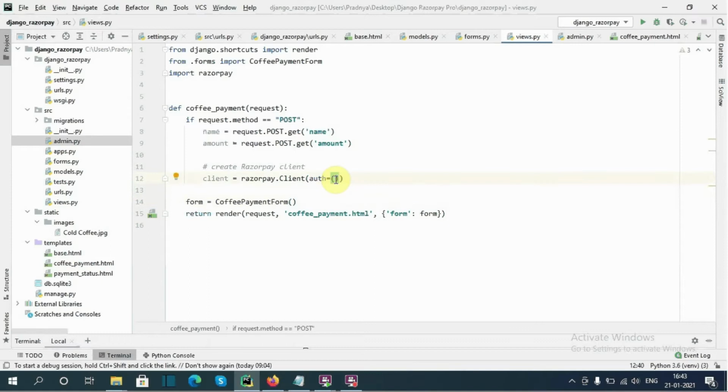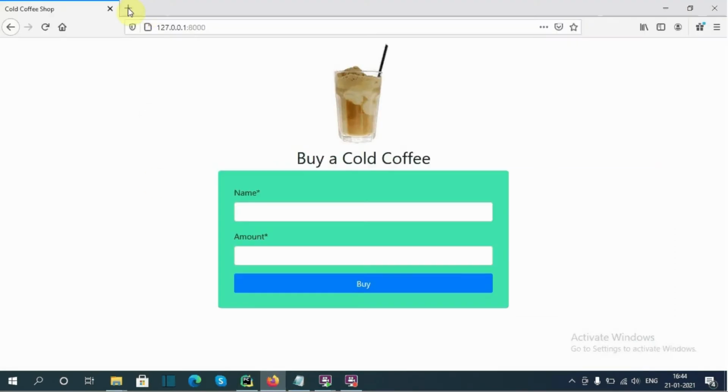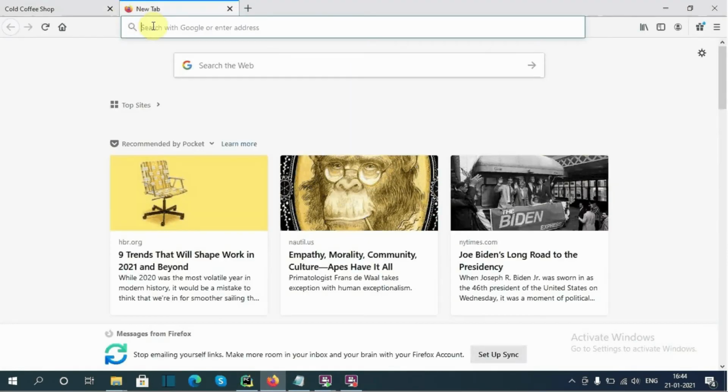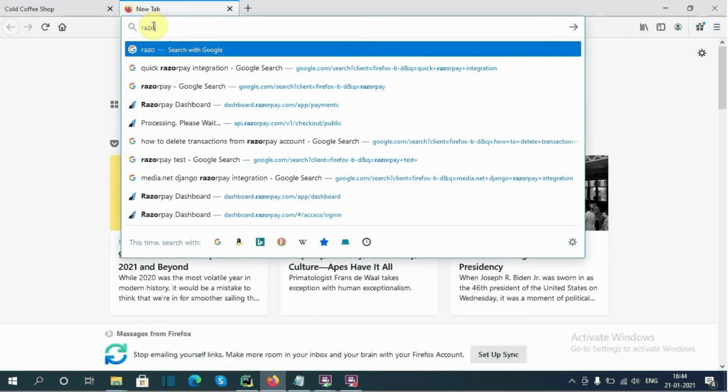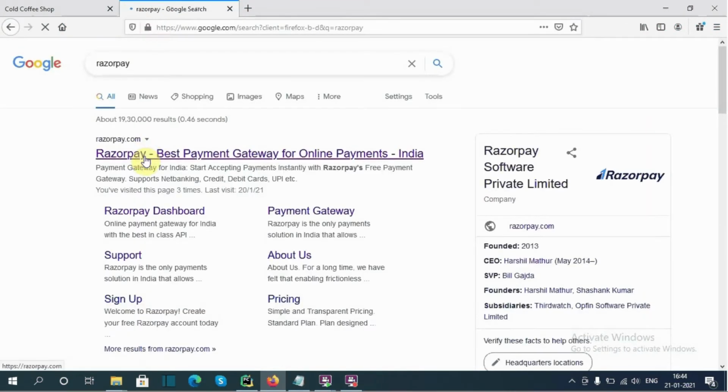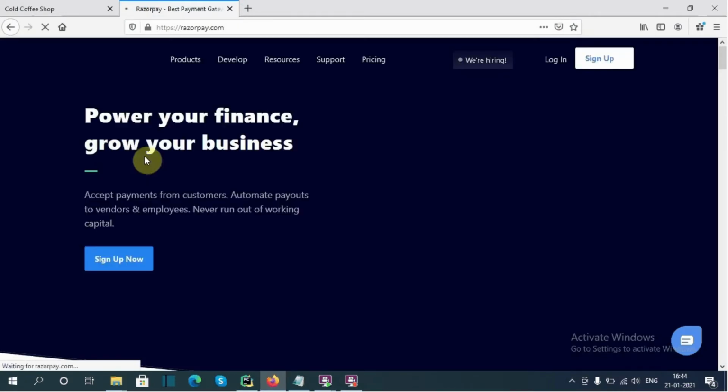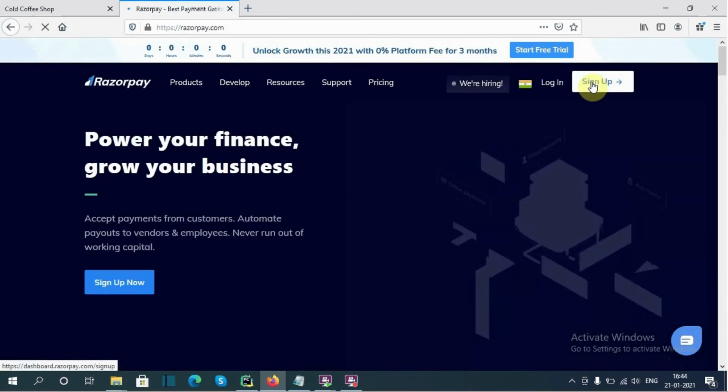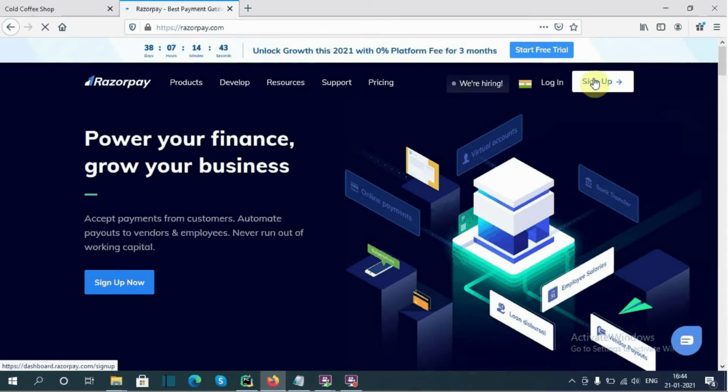Here you need to pass our Razorpay account's API credentials. So let's search here Razorpay and open this link. Here you need to sign up to create an account.